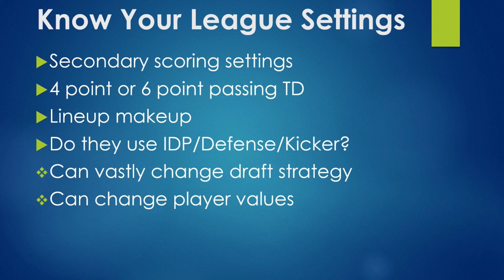So they use individual defensive players. They use a defense. They use a kicker. These can vastly change your draft strategy, and it can vastly change player values, because if you have 6 point passing touchdowns, quarterbacks that throw a lot of touchdowns go up a lot in value. If quarterbacks don't throw a lot of touchdowns, they become worthless even if they get a lot of yards. So the 6 point TD, I think, really unbalances things. If you're going to use 6 point